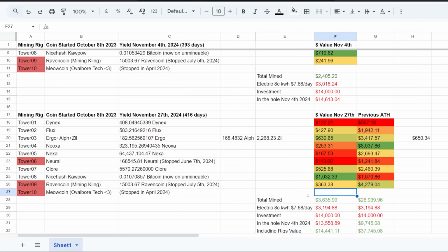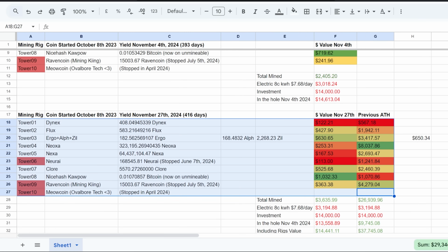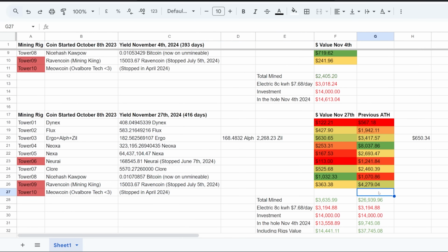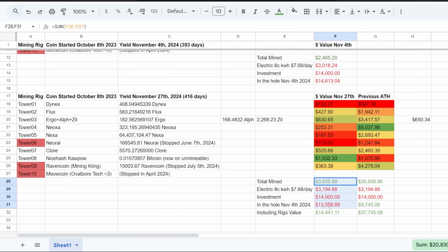Now, the next rig is going to be... Oh, no, that's it. Okay, so that's all 10 rigs here that we have been doing this long-term test on. Okay, so now let's talk about total mined. Total mined is now $3,600 worth, pretty much. If I were to equate all the bags that we've been mining thus far,